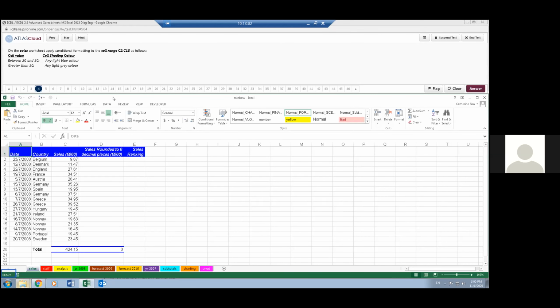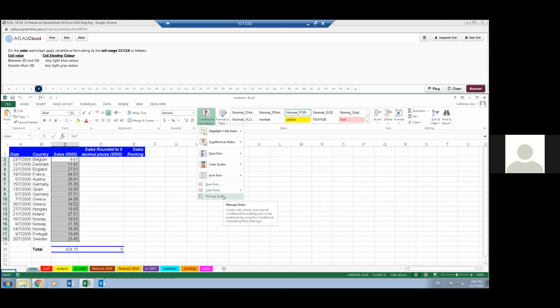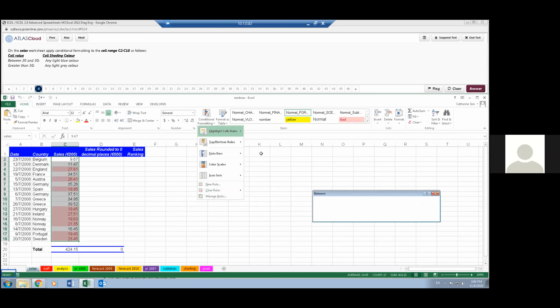Okay, this is conditional formatting. So click here, type in C2 to C18, press enter. This is the range. Click conditional formatting. Okay, we do one by one. Highlight between